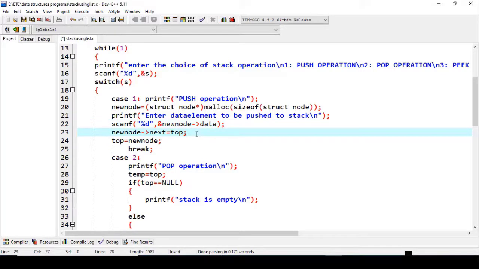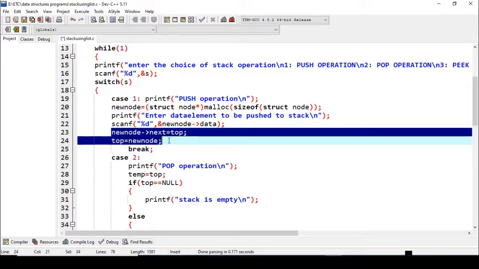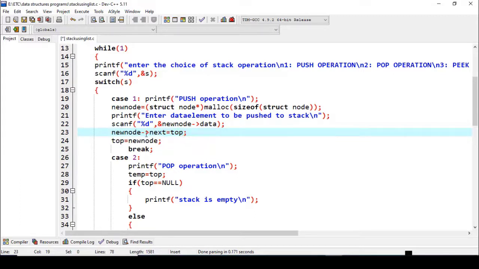After that, these are the two important lines of instructions that you have to understand, because these will make the program push onto the stack. The first one is new_node->next = top. What it is doing is, whatever the new node that has been created, उसका address field पे हम कौन सा value डाल रहे हैं, whatever is being pointed to by the top. Initially top is null, so if we are pushing the first node onto the stack, new node का next part will be null.